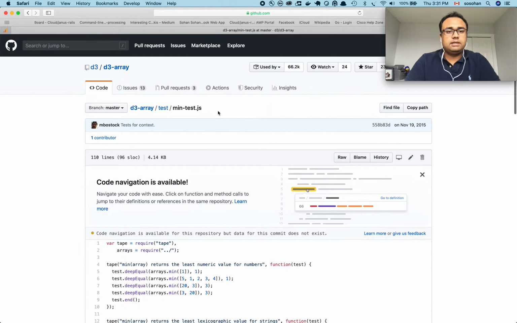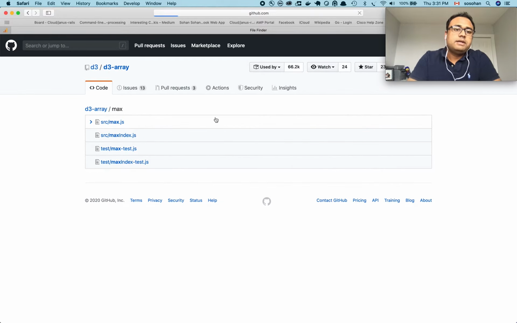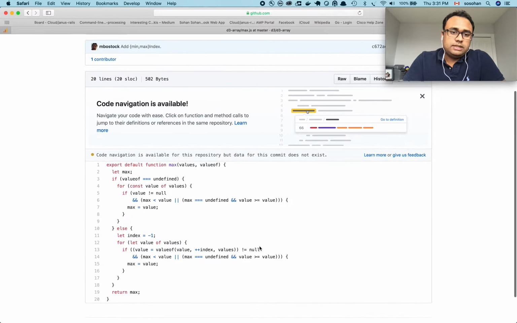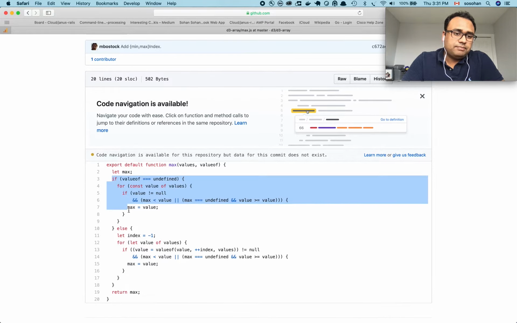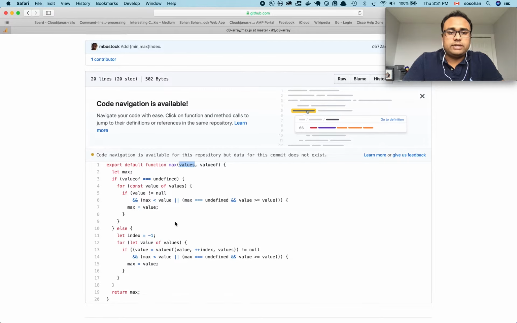So now let's look at the opposite of the min function. It's called the max function. And what you will notice is it looks awfully similar to the min function, which is a pattern that I saw throughout this code. It seems like there is an iteration happening on the given arrays where you're looking at directly the item or passing the item to extract a value out of the item. And the min and max function, the only place they differ is actually in this operator. To put them side by side,